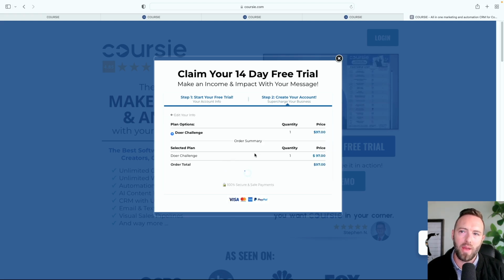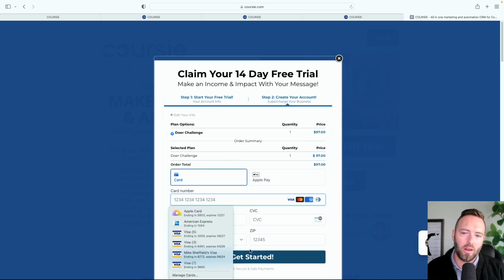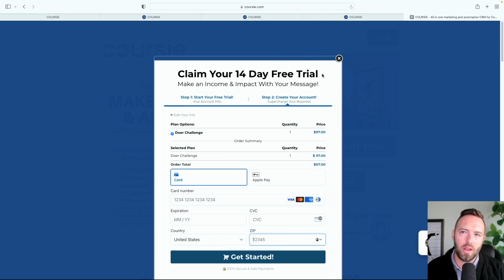Then it's going to go to the second page, and now it's going to be a checkout where it says, hey, you're buying the Doer Challenge for $97. Here's your credit card information. Go ahead and get started. So if you do that, that is how you attach your product to the page and how you can get